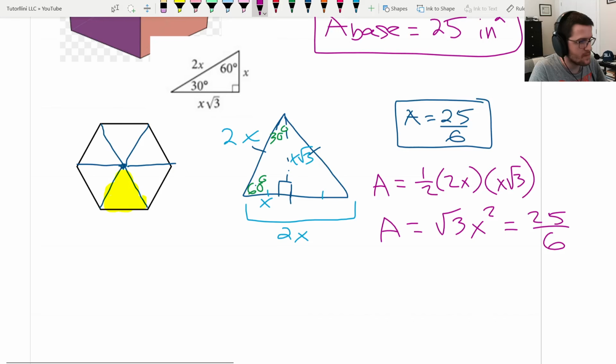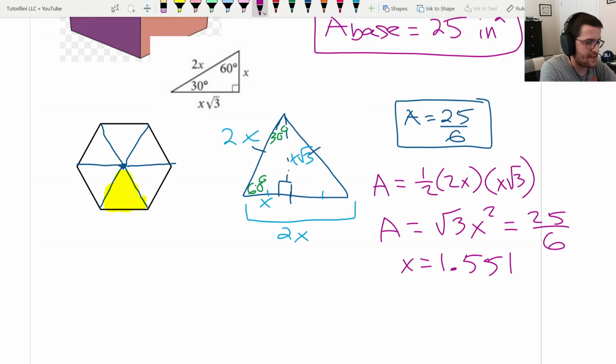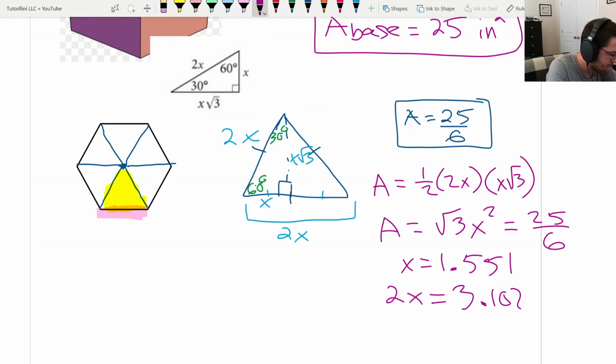At this point, I think it's fine if we just use a decimal. So I'm going to do 25 over 6, divide it by root 3, and then take the square root. And hopefully this is right, I'm getting x equals 1.551. And to find the perimeter, we want the 2x side. So 2x, that times 2 is 3.102. And if I put that on this picture,